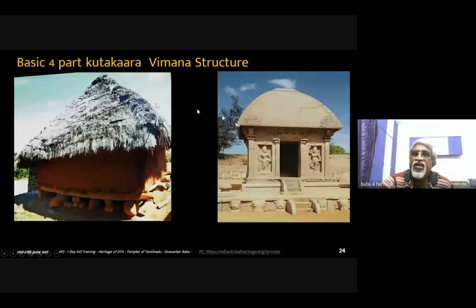The same function of Upapitha is done by a collection of rocks here, and this is your Adhisthana or the base. On top of it, you have a wall, the Bitti. And here there is no roof. The roof itself is sloped as a Shikara. This roof is called Kutakara Shikara. And the Stupi has not been installed and is kept here. What is this Stupi? How come it is coming as a Stupi here?